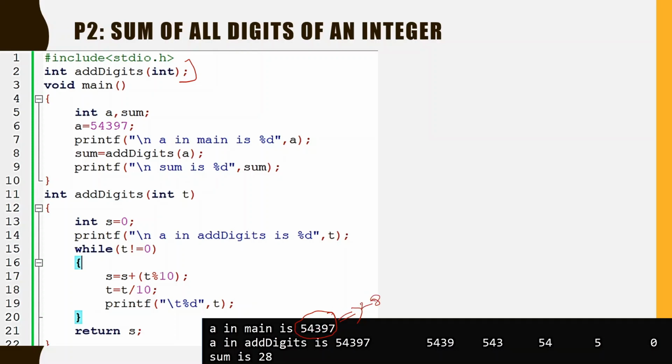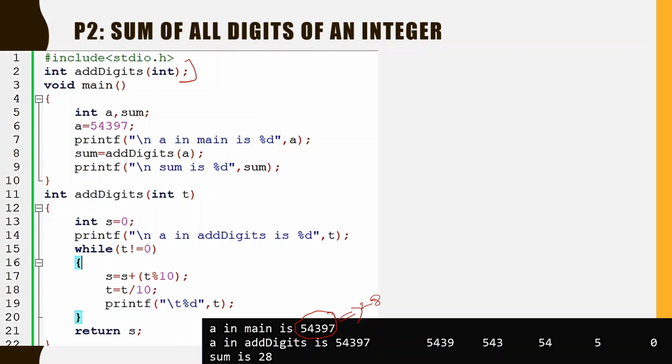So our objective is to take a number and perform the sum of all its digits. I believe this program can be done very easily without the use of a function in a single main, but now we will see this application with the help of a function.